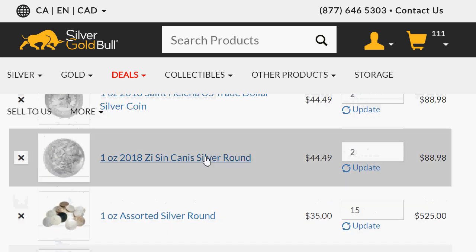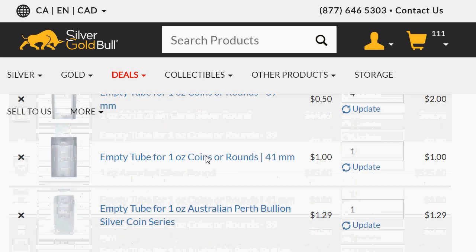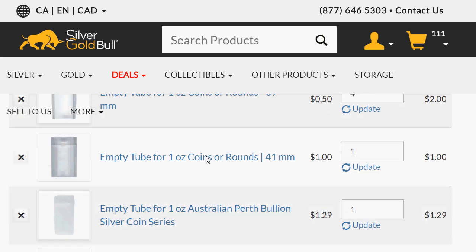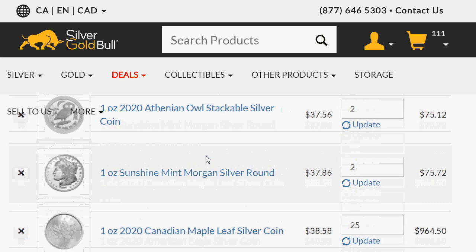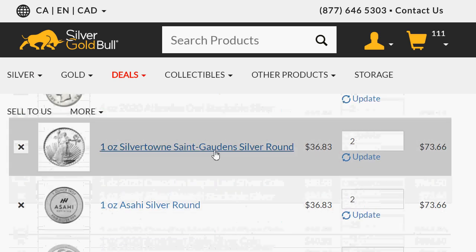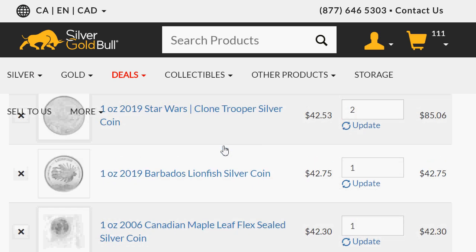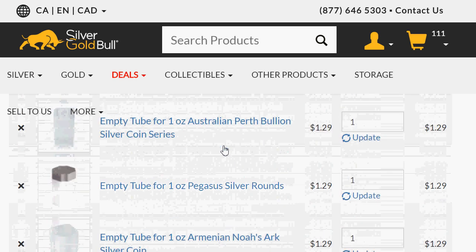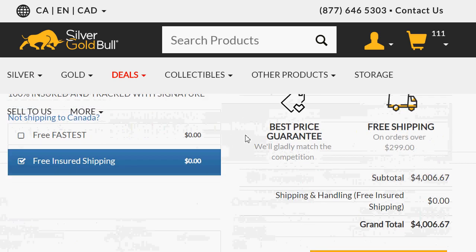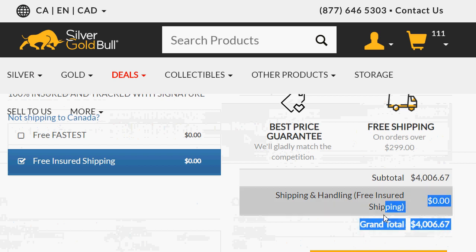And it's basically, this is a 100 ounce or so of coins and rounds approximately. I think it's 101 when I counted, plus of course those other 2 coins, so 101 bullion ounces of silver. And then that number is just going to go up and down, because one of the things that's fun is to just check the market, and when I went to bed last night, it was $39.55. Now it's over $4,000. And that's what I want to spend right now. This next order is around 4.